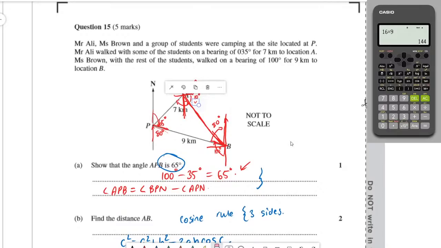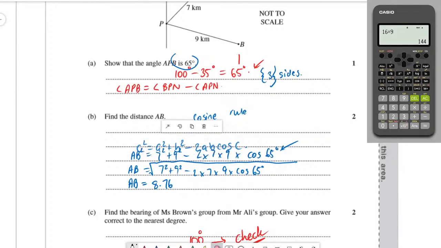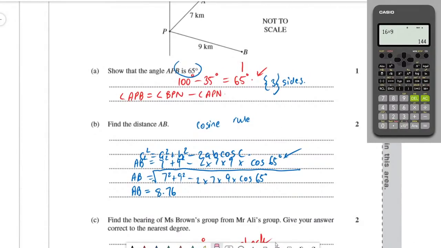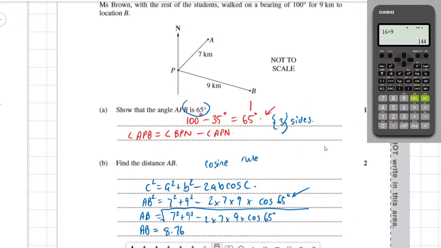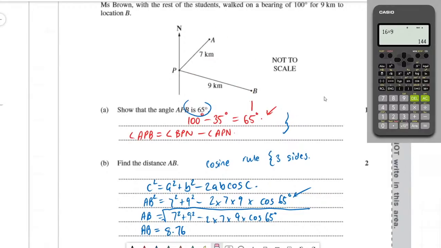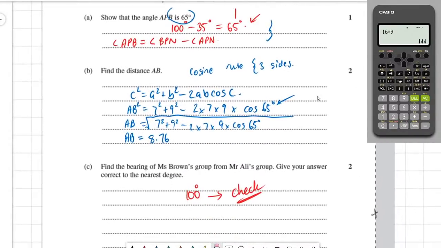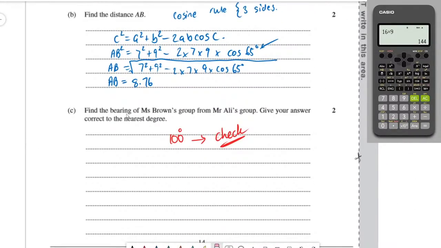So, just get rid of this stuff on here. So get rid of that, get rid of that, get rid of that. Okay. So the question was to find what. So I suspect, okay, there we go. So the question was to find the bearing of Mrs. Brown's group from,